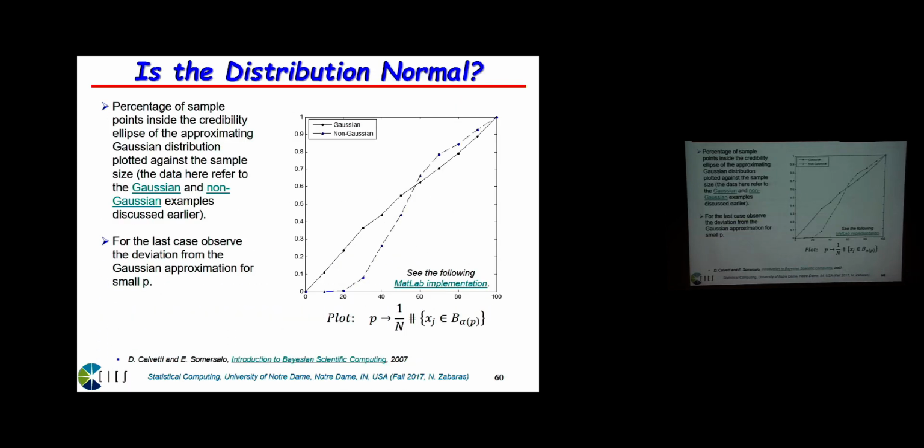All right, we take ellipses that correspond to a probability mass that goes from 0 to 1, and then we compute the number of samples that come up to be inside those ellipses. This equation that you see here, the relation between the probability P to be inside, let's say, an ellipse that has 50% probability mass, has to give you 50% of the data points inside that. And you can see the deviation between a Gaussian sample and a non-Gaussian sample, it is obvious.